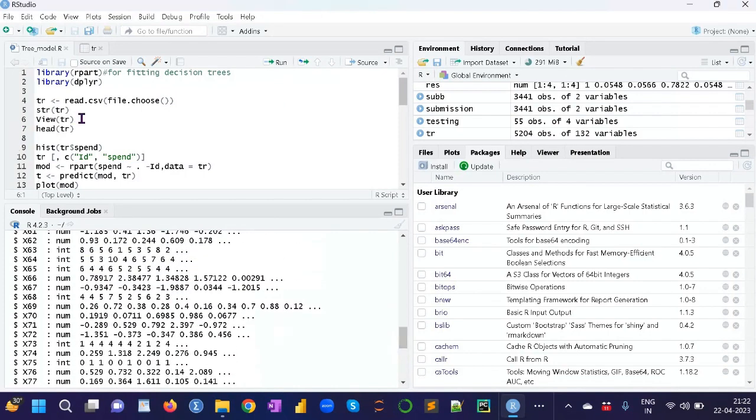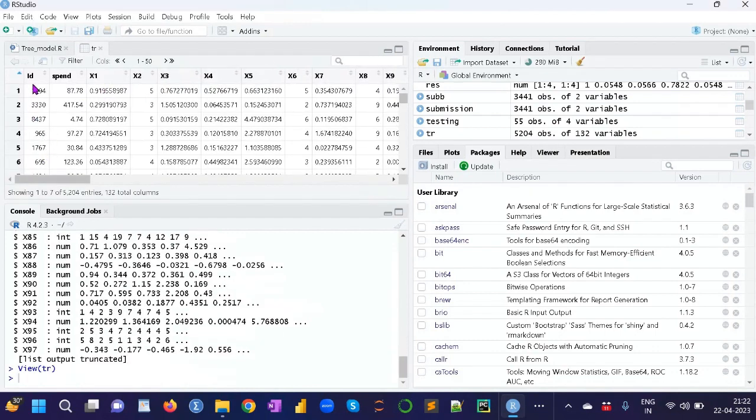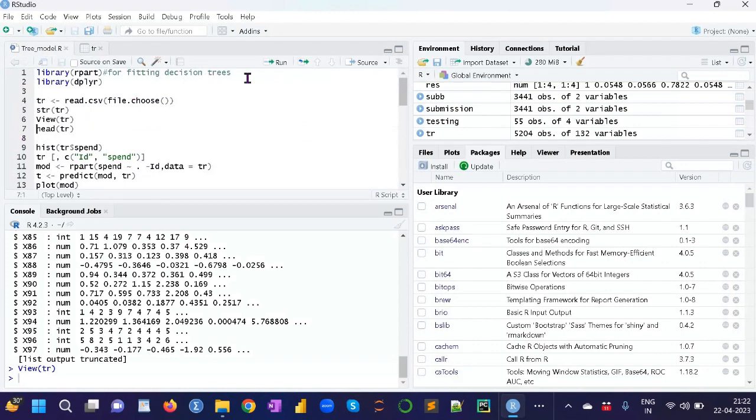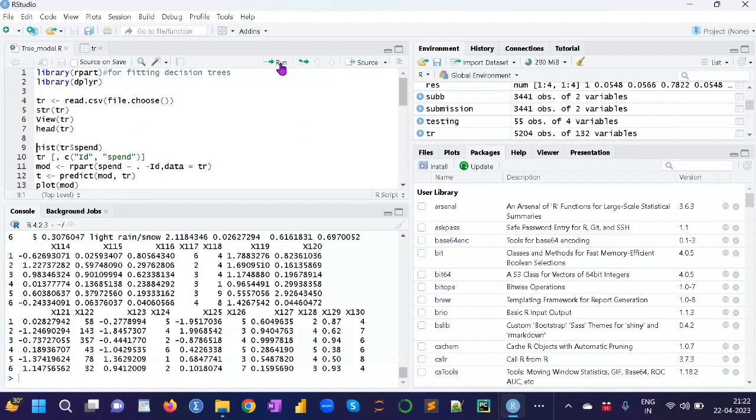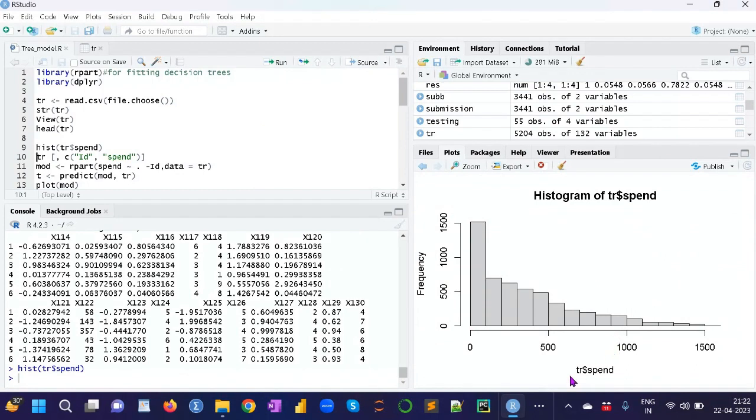View shows you the data in table format, rows and columns. Head shows the first 5 rows and columns. Then I am using the histogram to visualize the data. This is the histogram.